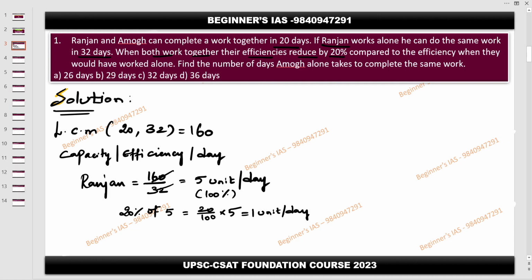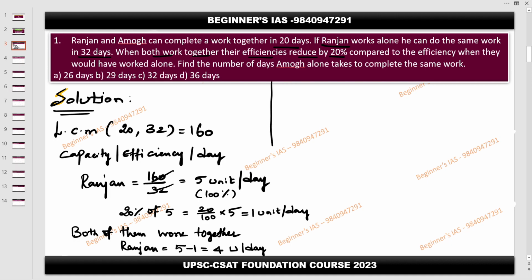So if both of them work together, then Ranjan's efficiency is 4 units. Everyone understood how 4 units? 5 reduced by 20% means 5 minus 1, which is equal to 4 units per day. If they are working together, then we don't know Amog's efficiency. Let us consider Amog's efficiency when working together